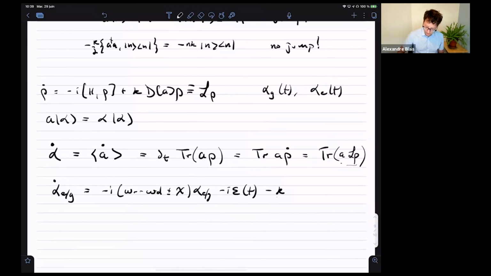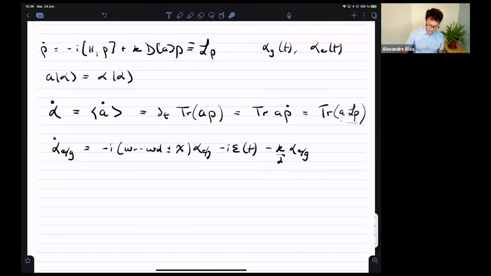And the contribution from the dissipator, the Lindbladian, the master equation, the dissipation part. So this is what I find. And I said, so upon solving this, okay, we can answer exactly the question which was asked before at the beginning